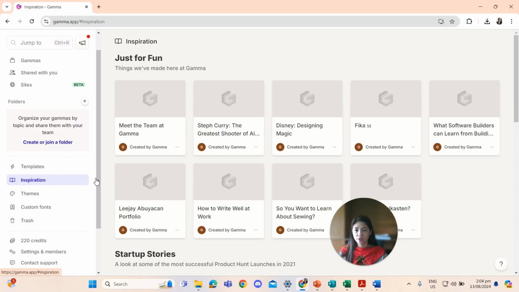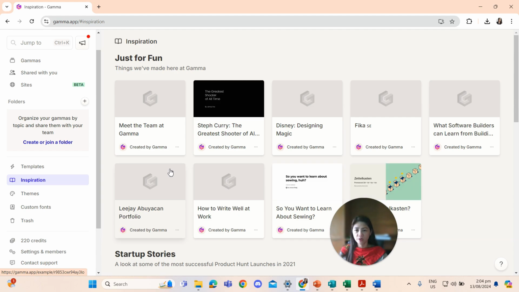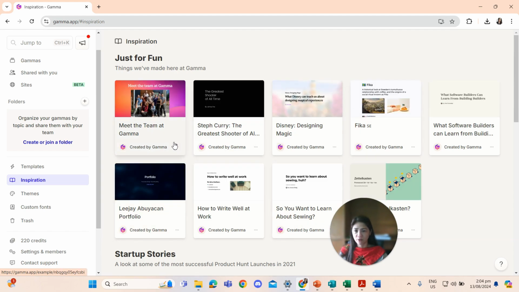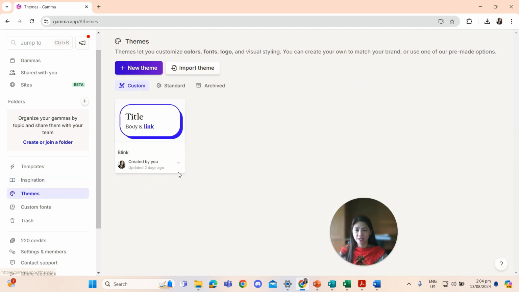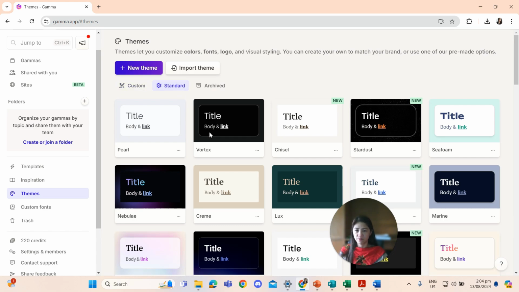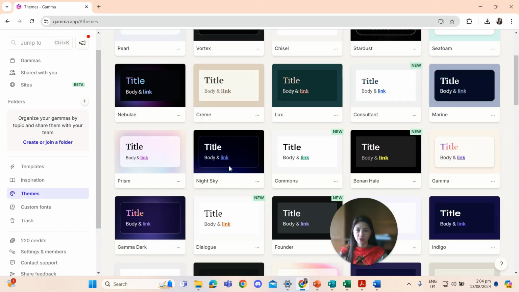Then we have Inspirations. Here, you can select one from this. Then we have the Themes. For our themes, let's say for example, we have the standard, custom, I have one here. Then standard, just use the standard one.